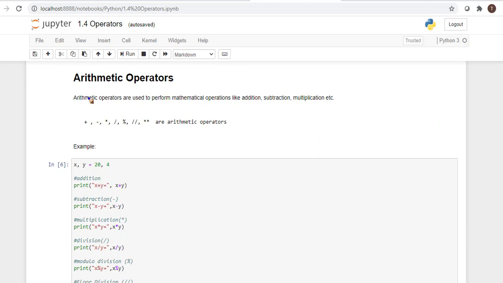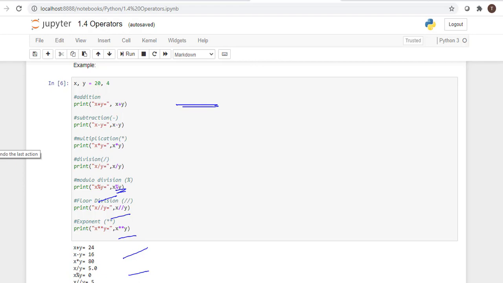Arithmetic operators are used to perform mathematical operations like addition, subtraction, multiplication, division, modulo division, and floor division.